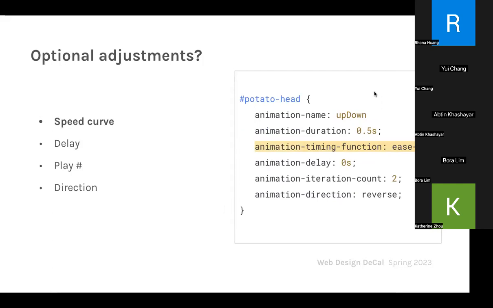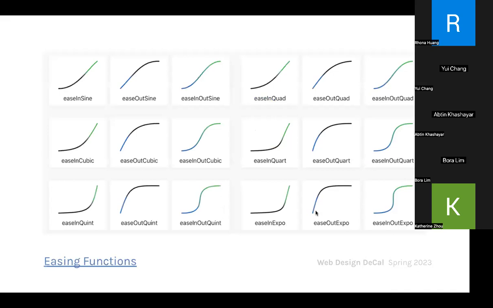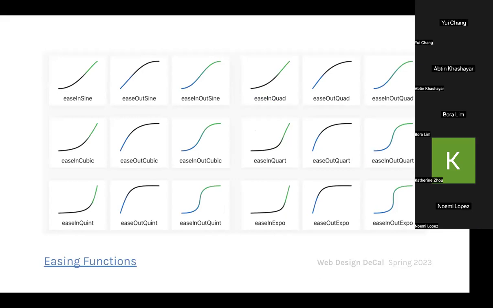such as a speed curve, which we'll get into. The speed curve is sort of like a graph for how your motion is going to occur. There are many different types of easing functions, which are speed curves. You can play around with these online. The most basic ones are ease in, ease out. You can see those curves online, but these are just a lot of curves that sort of define